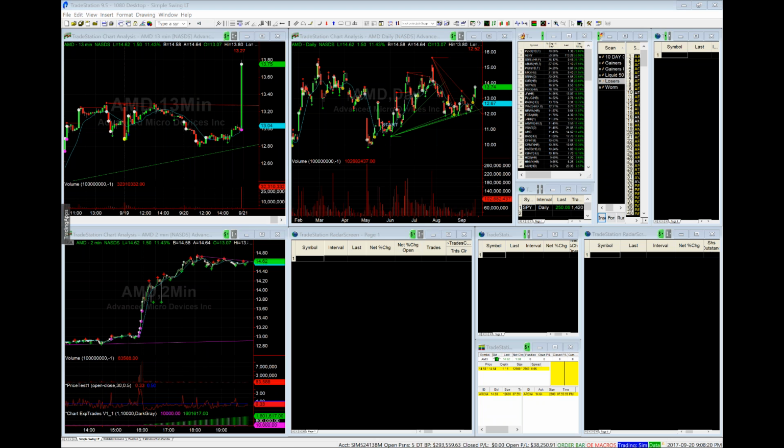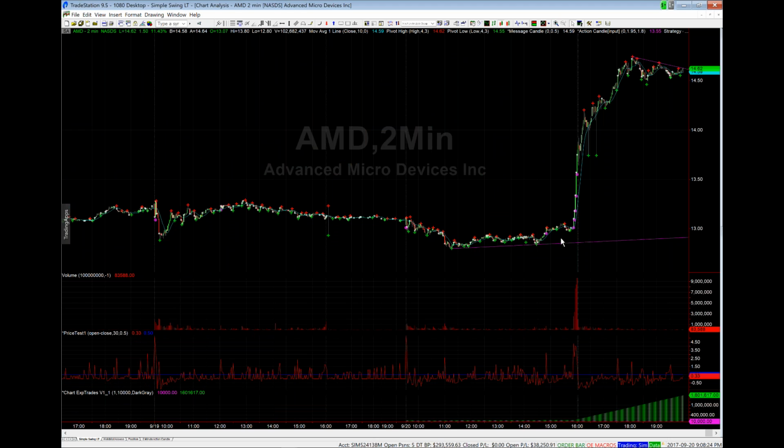I bring this one up because it made me very happy. So yeah, it closed at 14.62 in the aftermarket. It jumped up to just under $14 during regular trading, and then went even higher in the aftermarket session. And again, I don't know anything about AMD. Apparently, they announced, or word got out, that they are partnering with Tesla on the development of artificial intelligence chips for the cars. And their stock made a huge jump, and I'm currently up over $10,000 on that trade in 2 days. So that's algorithmic trading.